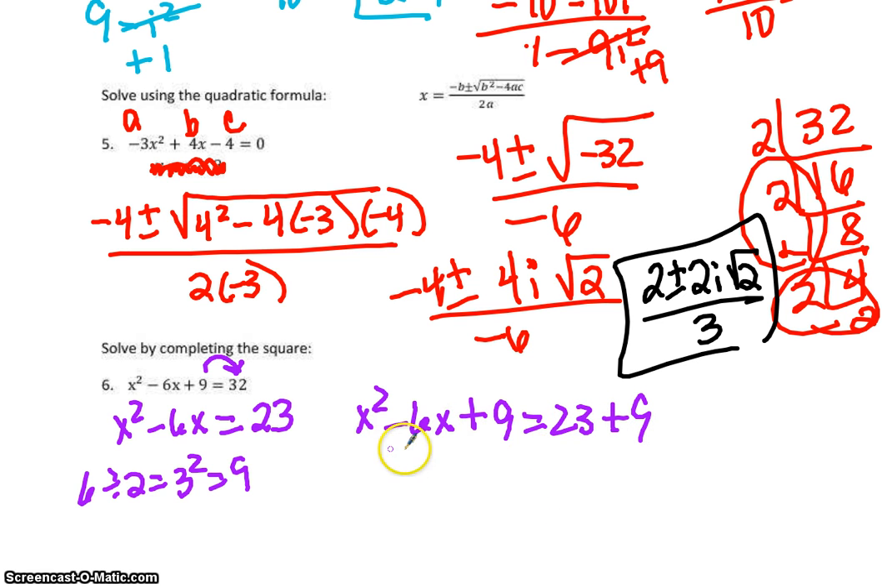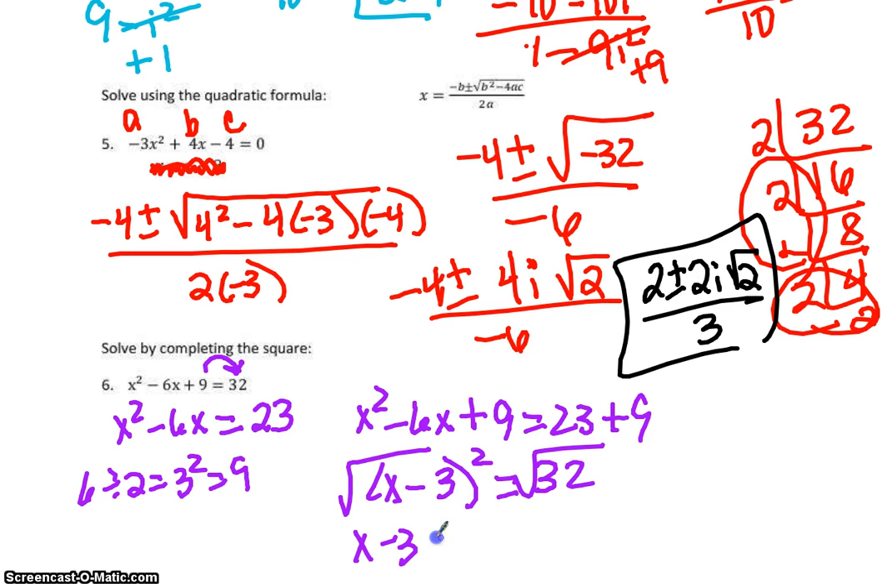So then this you're going to factor, and it's always going to be x, in whatever symbol they had, and whatever number you squared. So x minus 3, quantity squared, is equal to 32, because 23 plus 9 is 32. You're going to square root both sides. So x minus 3 is equal to plus or minus the square root of 32, which if you will look